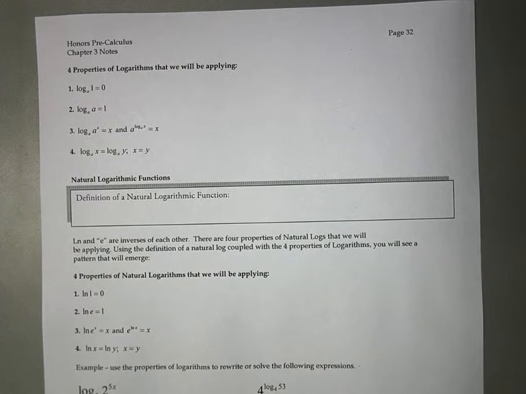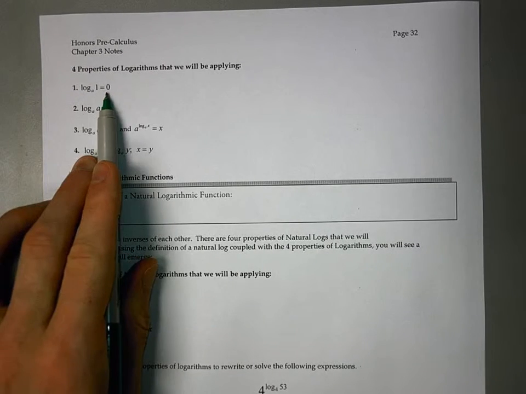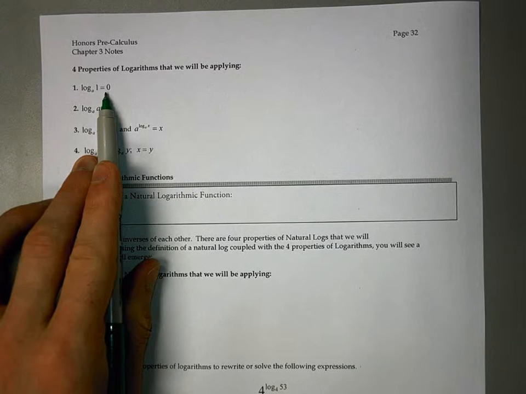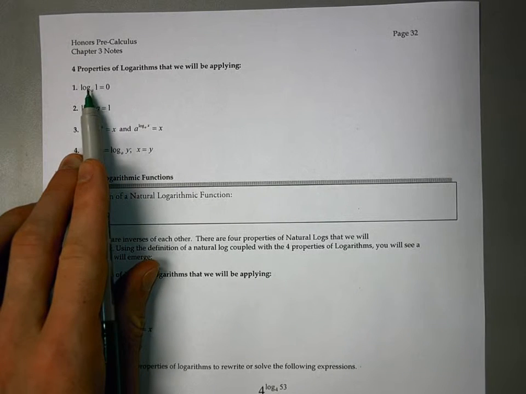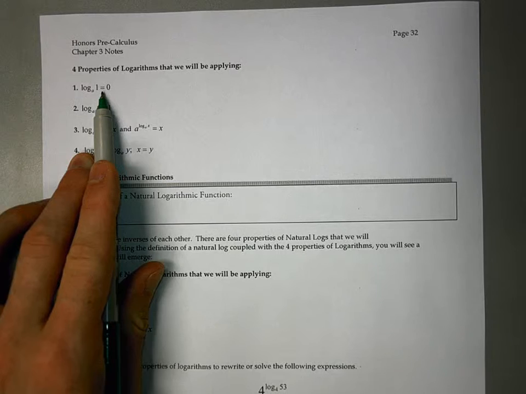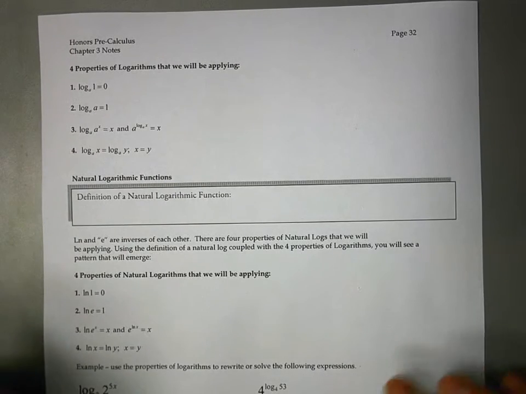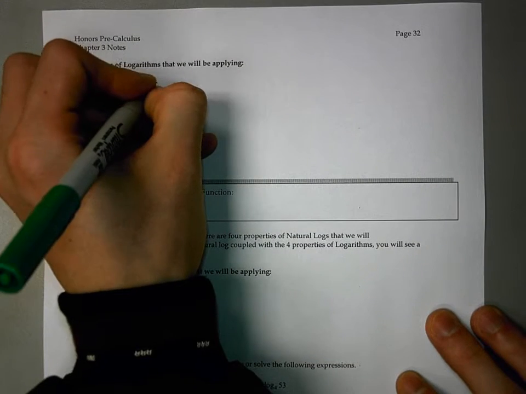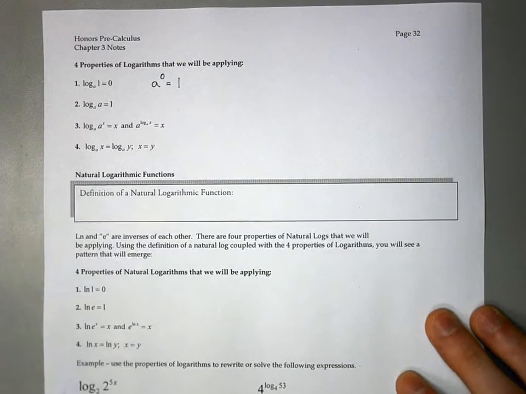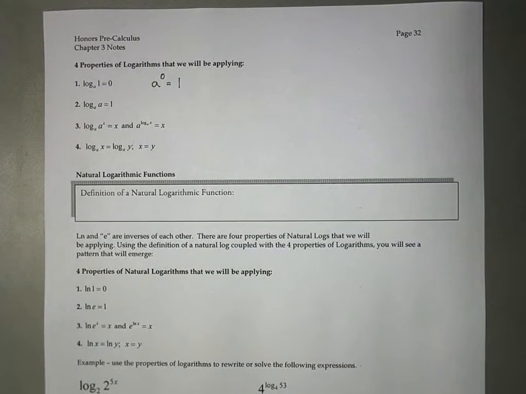Now that we know the definition of a logarithm, let's look at some of the properties of logarithms. The first is that log base a of 1 is going to equal 0. Any base of a log of 1 is going to be equal to 0. And the rationale for that is if I convert this to exponential form,